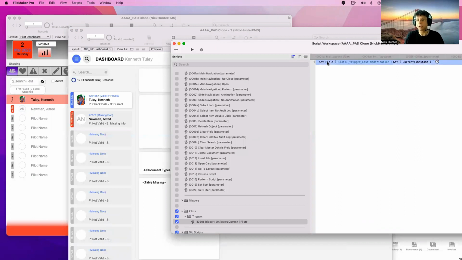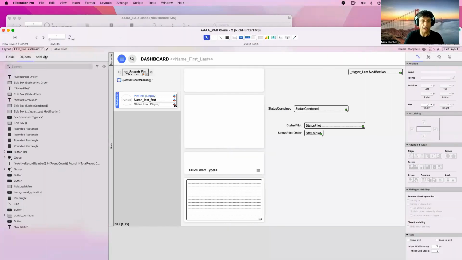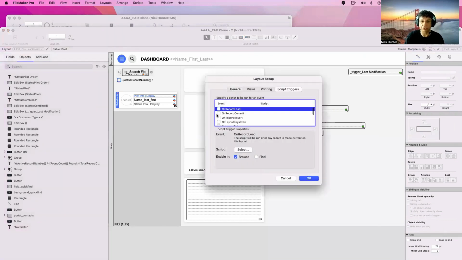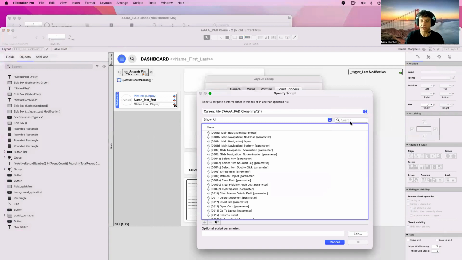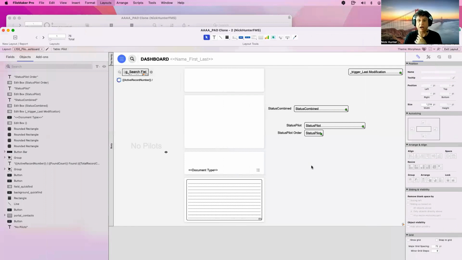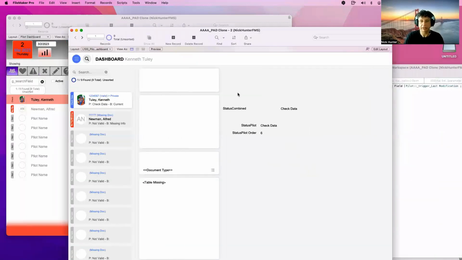So here I'm doing this. So I'm setting this. So now I just have to attach this, just have to attach this on record commits trigger, right? 1050. So now, each time I'm going to commit that record,